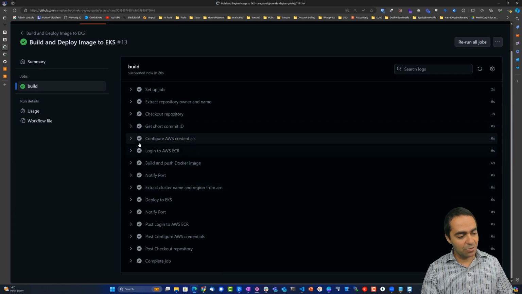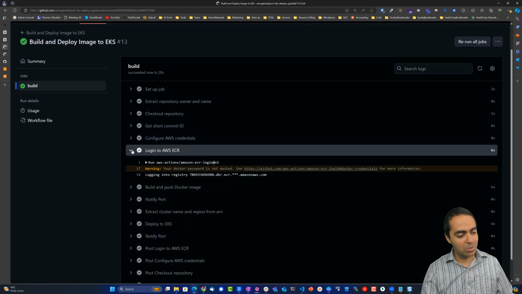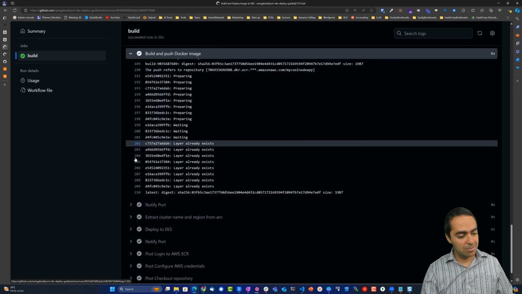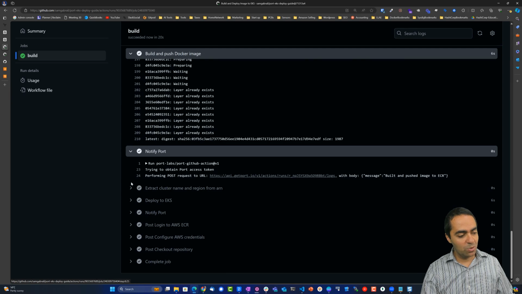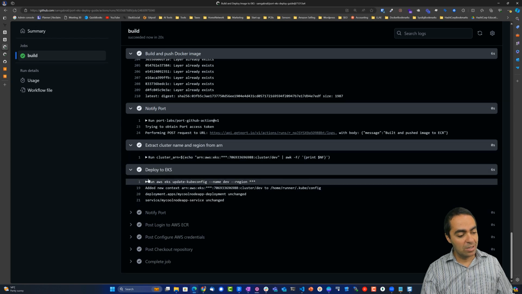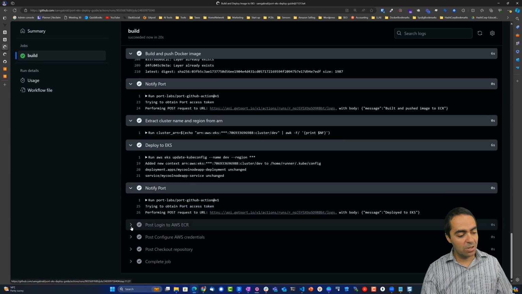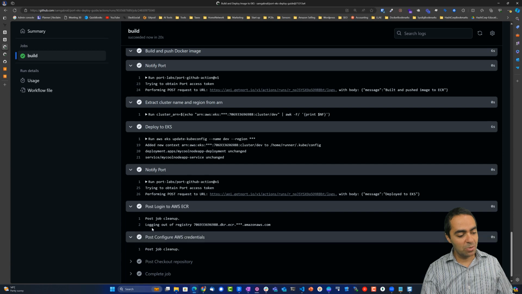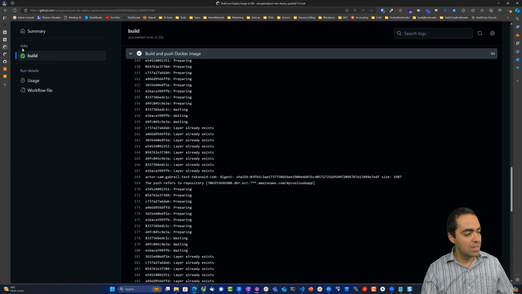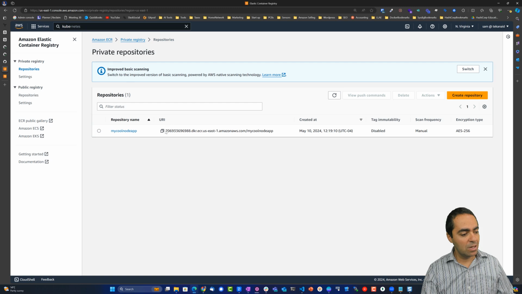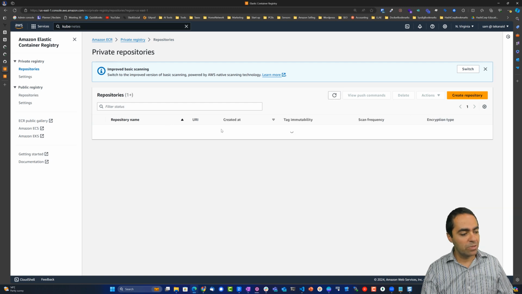We did a few things. We configured AWS credentials, logging into AWS ECR, building and pushing the Docker image. We're notifying Port, extracting the cluster name and region from the ARN, deploying to EKS. Once again, notifying Port, post login to AWS ECR, and post configuration. So that's that. So now what we can do is take a quick look at our ECR registry, refresh, go